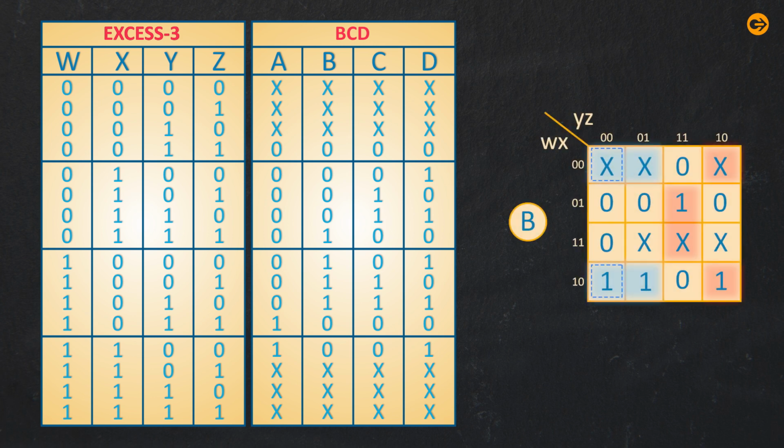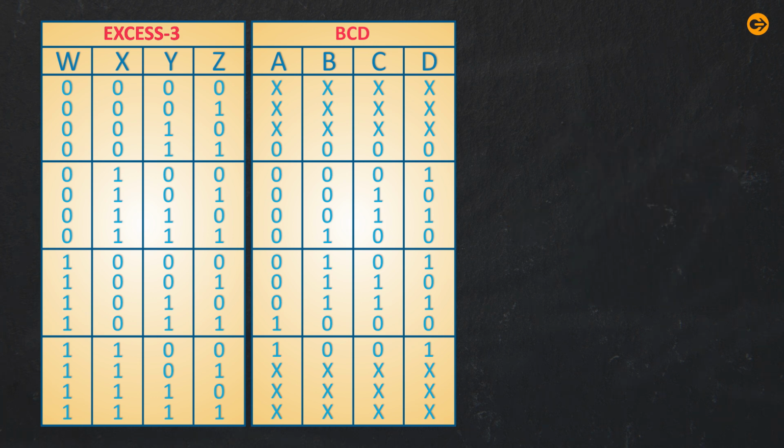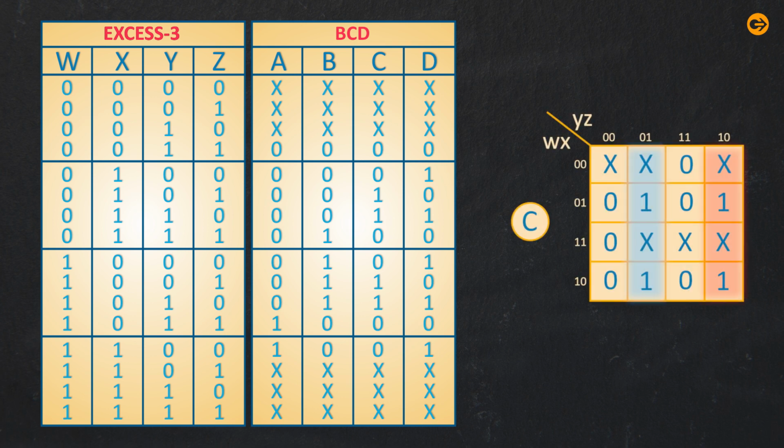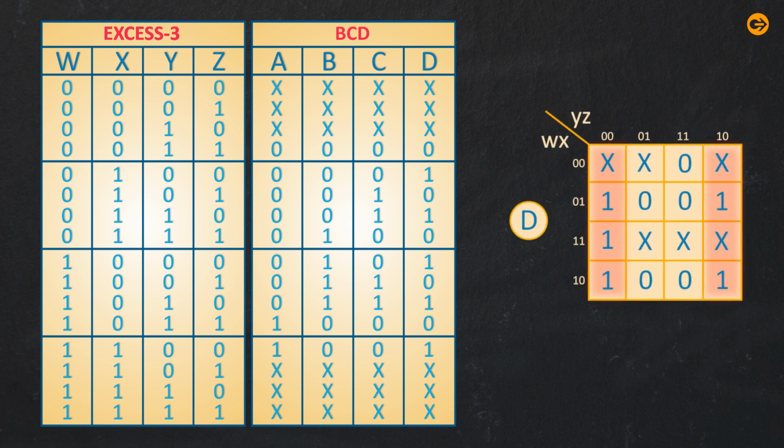This figure illustrates the K-map of B. Whenever B gets 1 and the don't care condition X, the cell is filled by which the number is indicated by XS3. There are three groups of cells. The same procedure will be done for obtaining other K-maps. This figure illustrates there are two groups of cells in C. This figure illustrates there is one group of cell in D.